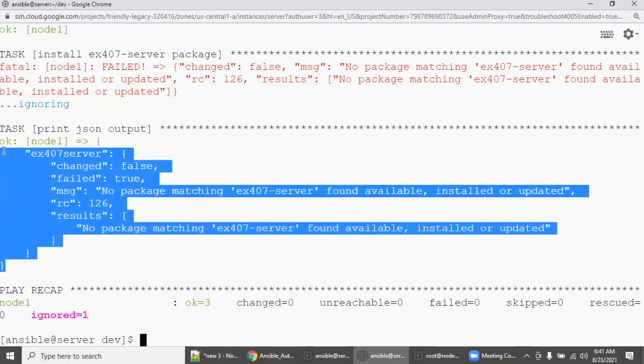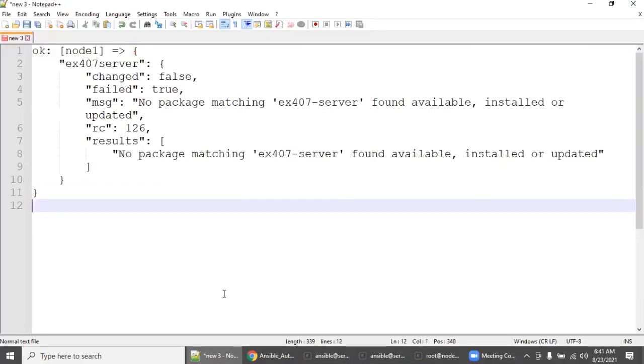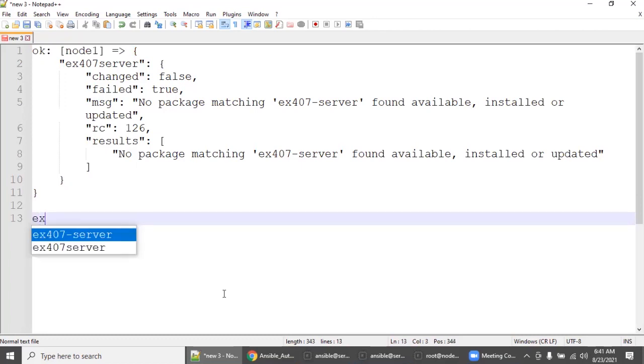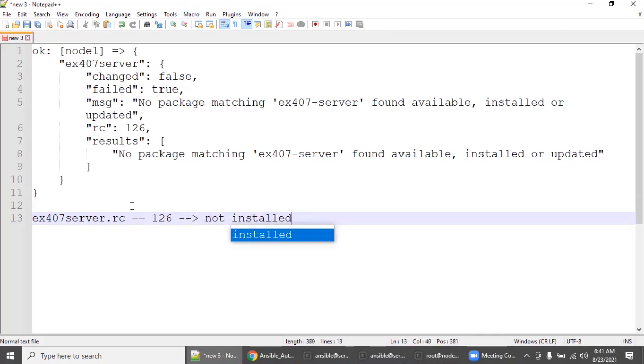So let's copy this and go to the notepad. Now we will form the condition. What is this register name? ex407 server dot, what value can we pick up? RC is more reliable. So equal to 126 means the package is not installed, right?